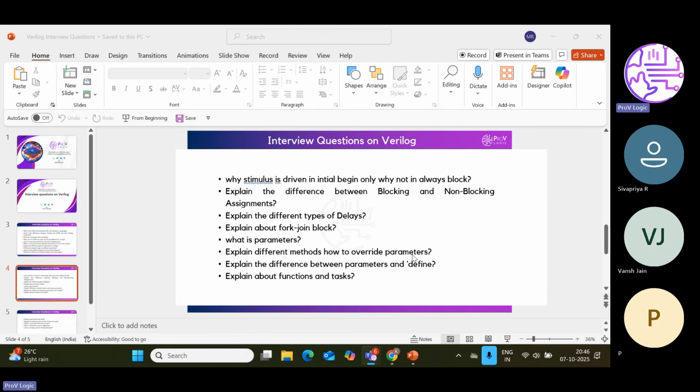Vansh, if you don't mind, meanwhile, can you write code to differentiate if-else and case statements? Same code, but I am writing it in if-else and in case, and how it will form the circuit. You can take any example, that's your wish. Should I write the code or draw the circuit? Write the code in Vivado, because we want the circuit. Show me how the circuit forms and explain why it forms like that.